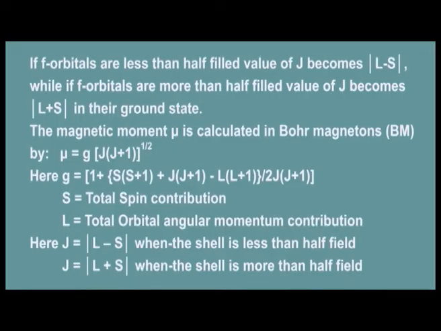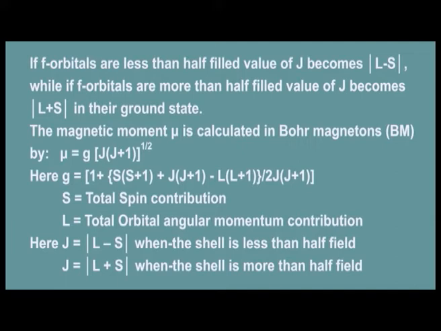Before this point, we learnt about SS coupling and LL coupling, but in the case of lanthanoids, spin and angular momentum couple together. When spin and orbital angular momentum couple together, they generate a new kind of quantum number called the total angular momentum quantum number, and this is represented by J. If f orbitals are less than half filled, the value of J becomes L minus S, while if f orbitals are more than half filled, the value of J becomes L plus S